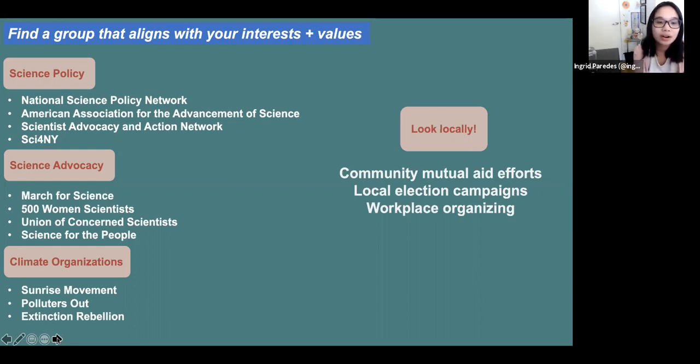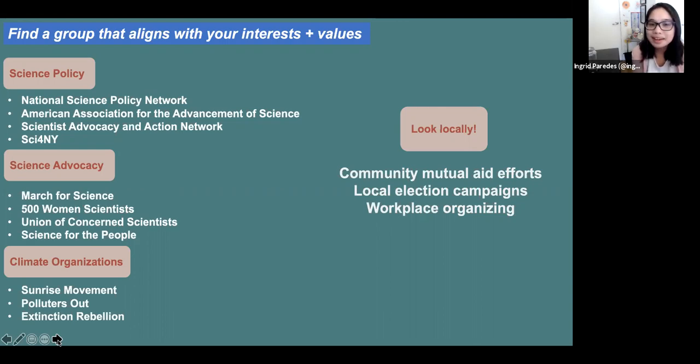Sometimes there's always organizing going on that you can get involved with. Even if you're just listening in the beginning or just doing a little bit, like helping with email spreadsheets or whatever it is, all of that counts in the end, building from an individual voice to a collective voice. You could start right in your workplace, like Kendra had mentioned, like a diversity and equity initiative at UC Boulder. A lot of those have been popping up in the last year after Shut Down STEM. That's just one great example.